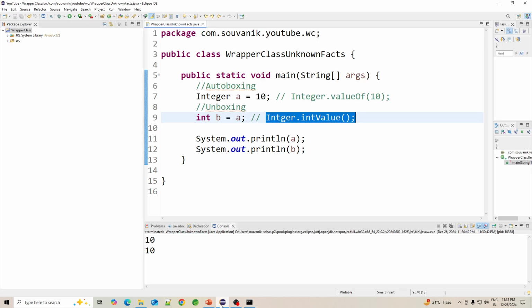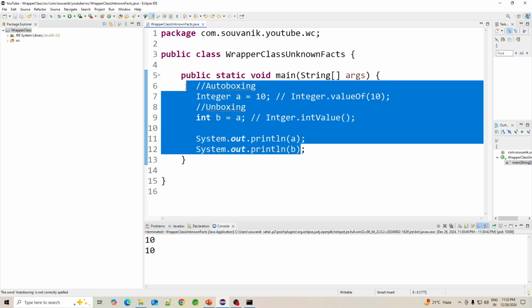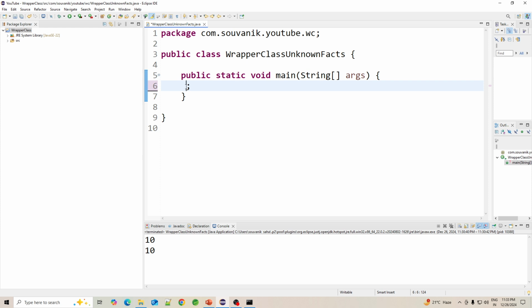Now we are coming to the confusion part which I was talking about. Let's say I am declaring two Integer variables, Integer a is equal to 110 and Integer b is equal to 110, same value.